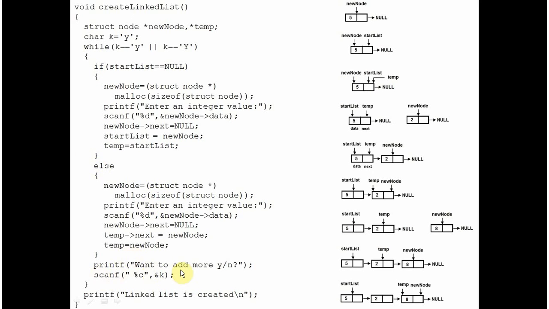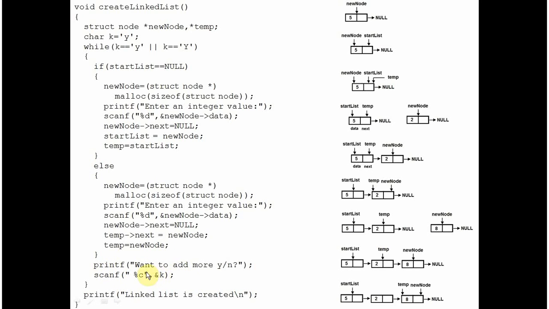It will ask the user, do you want to add more? Suppose user enters y. See, here is a space. Be careful while entering a single character. It's a single byte, right? After pressing y, obviously you will press enter key. That enter key is also a byte. That enter key will be assigned to the next execution of k. So it won't stop to ask you for the successive execution. So this blank space is for absorbing that extra enter key.